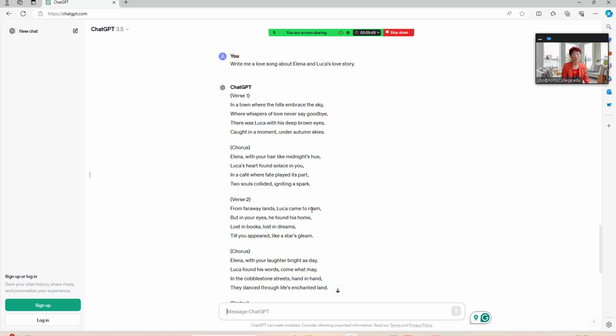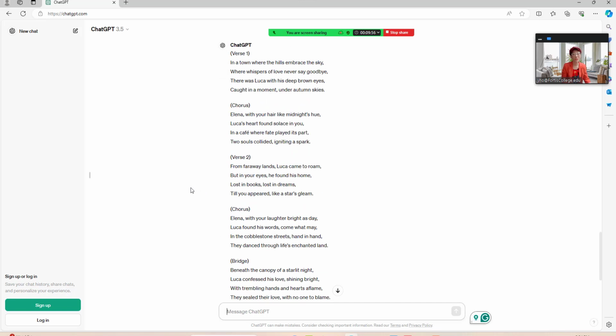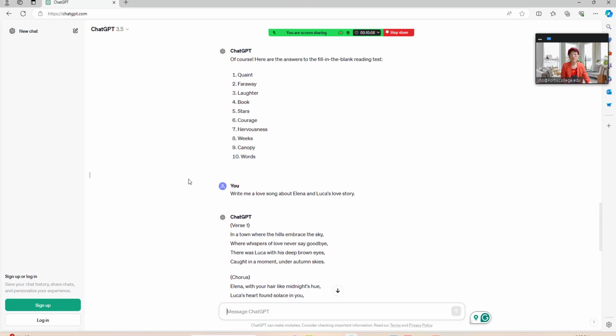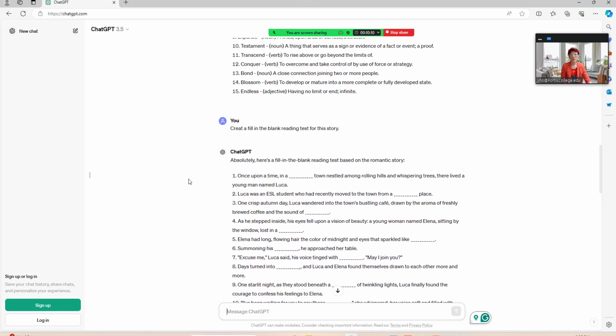So I actually fixed it a little bit by saying, well, not your eyes, in her eyes. But you can change the poem just a little bit, and it's really cute. So you can use ChatGPT to brainstorm ideas. If you want to write a poem, if you want to write a story, if you're a teacher and you need some